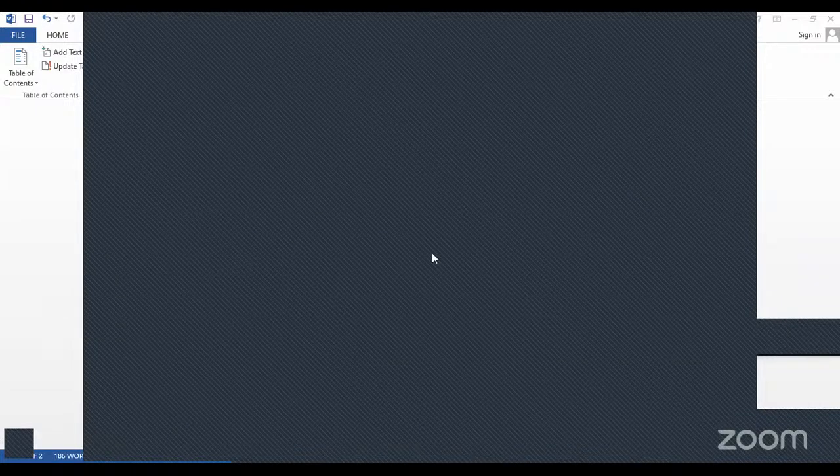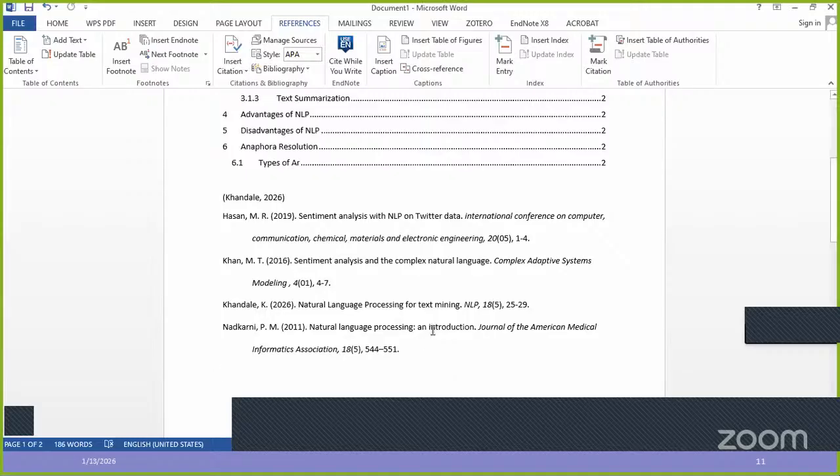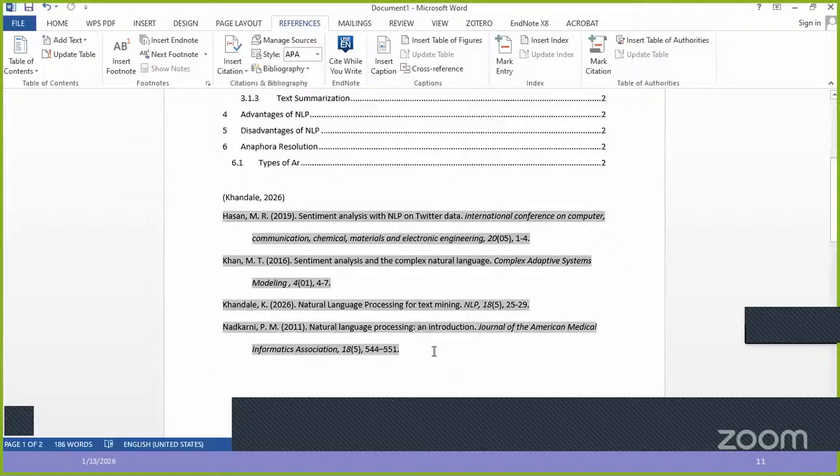Okay, suppose this is the Zotero Word file of my text. So I want to use Zotero here.